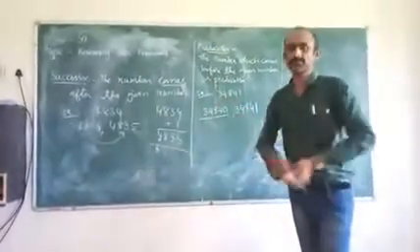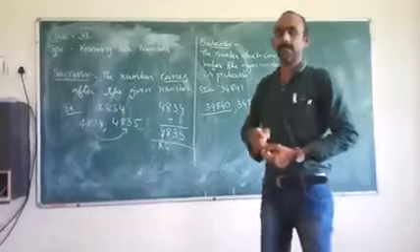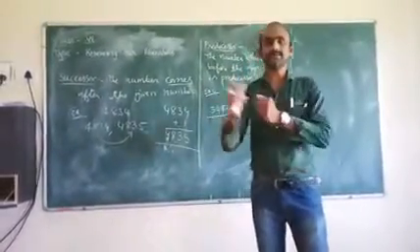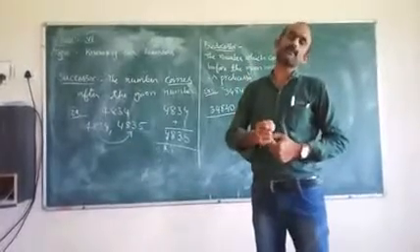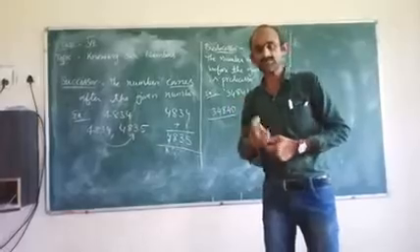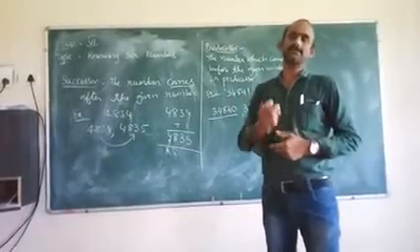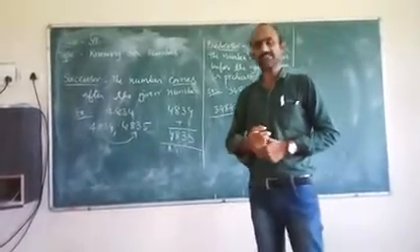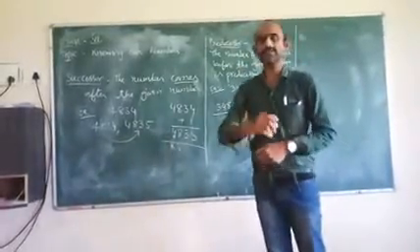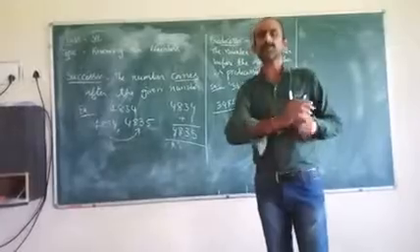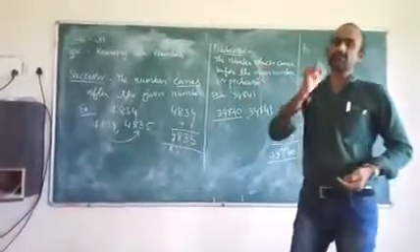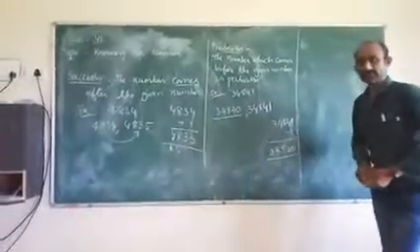So what are the two topics we discussed already? Successor and predecessor. Successor means, you can take any number, if we add 1 to the given number, you get the successor. Or the number which comes after the given number is called a successor. Coming to the predecessor, the opposite of the successor is the predecessor. The number which comes before the given number is called a predecessor. Predecessor means minus 1.